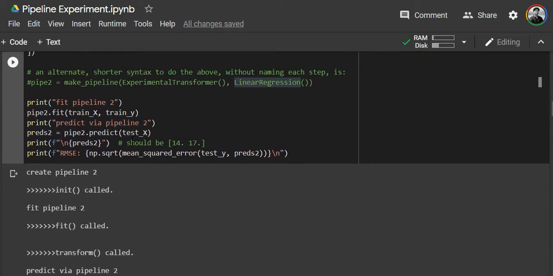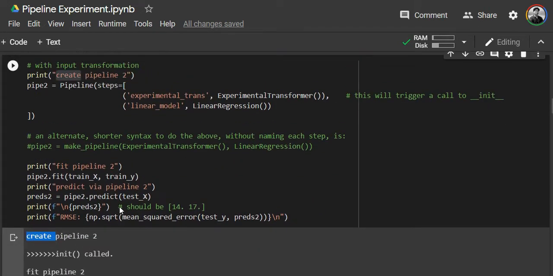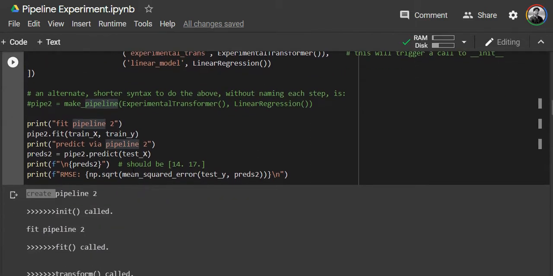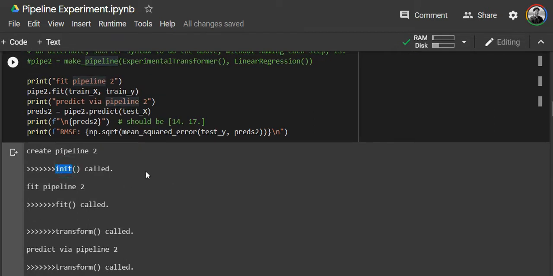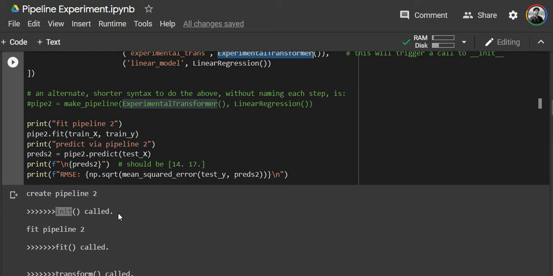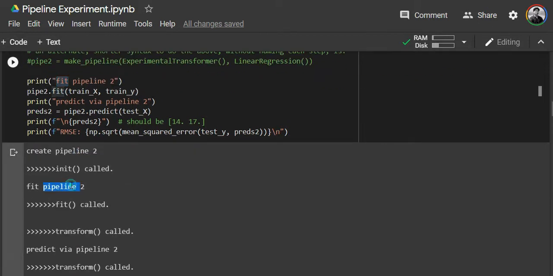So let's see. First is create pipeline. When I run this, obviously this is going to be printed. Then the pipeline is created or instantiated, and it makes sense that the init or the constructor of the experimental transformer is called, which it is, right here. Then fit pipeline 2, then we try to fit the pipeline.